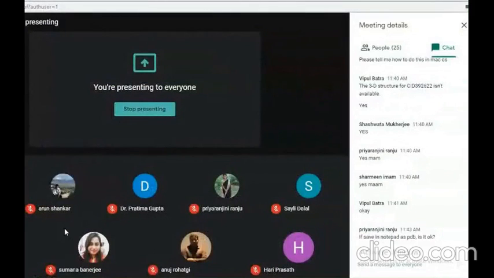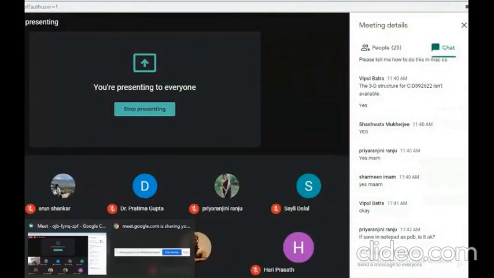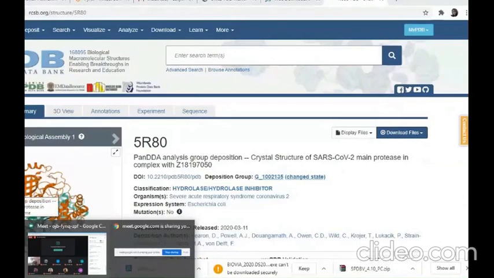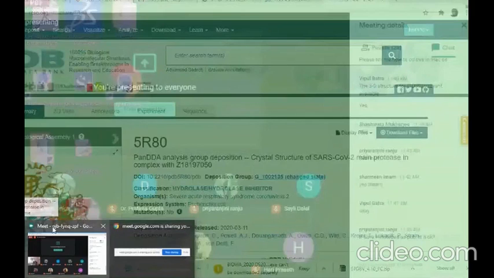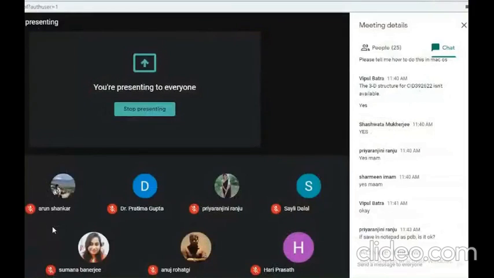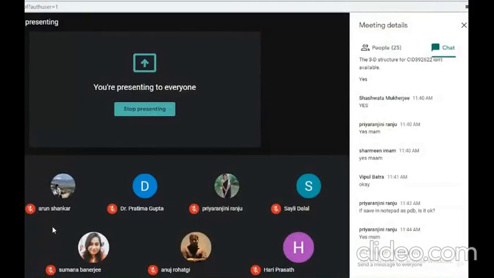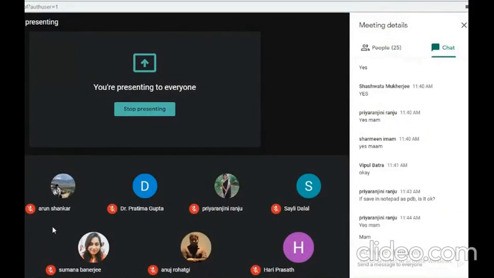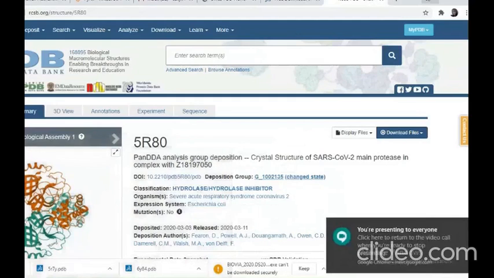If it is .pdb, it is okay, no problem. It should be .pdb. Don't save it as Notepad, download as PDB format. If it is converting into Notepad, no problem, but the file format should be .pdb.